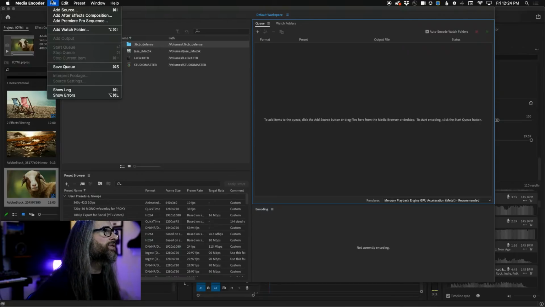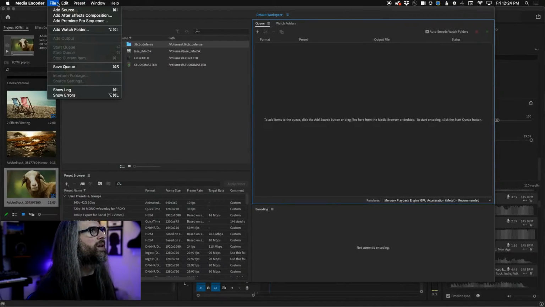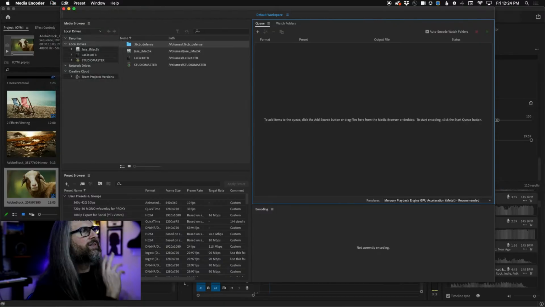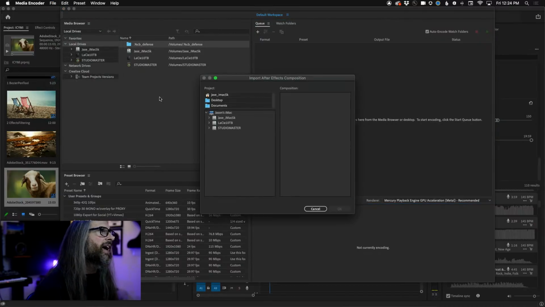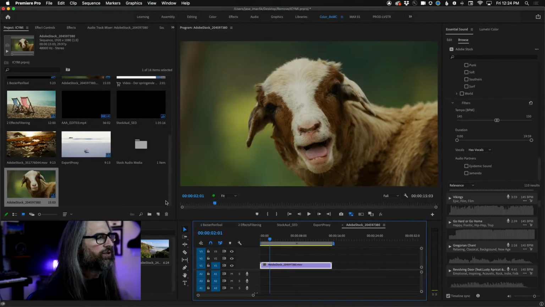If you simply go up to the file menu and choose add After Effects comp, it's pretty much instantaneous. I don't know if that's what you want to do, but sometimes I've just found that it's easier. Assuming your After Effects project is saved, got Media Encoder open, add After Effects comp, find it, and then you can just add them in there real quickly. I'm going to look into that too, and let me know what versions you're using, because I just did this last week. So yeah, that's happened to you too. All right, so maybe it's just an anomaly. Hopefully nothing broken there.